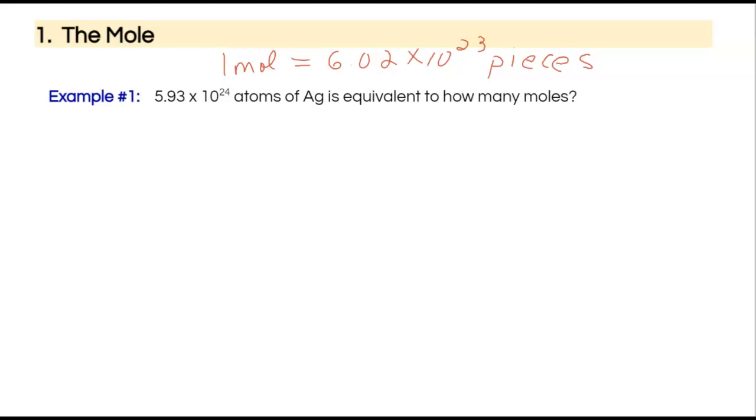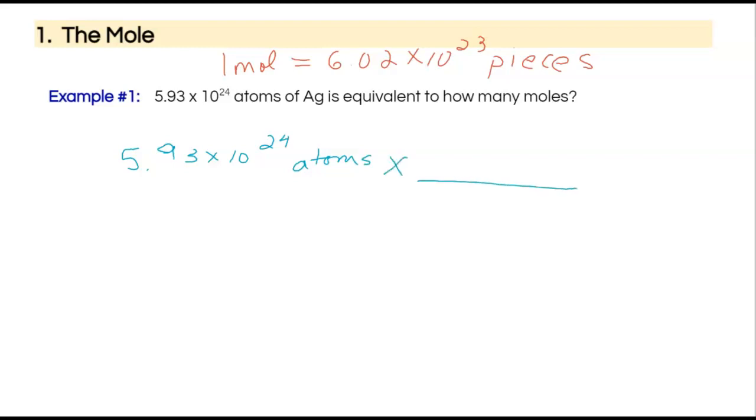Okay, and so I'm going to start, first of all, it says I have 5.93 times 10 to the 24 atoms of silver, which is equivalent to how many moles? Okay, so we're going to start out with the simplest case here. I'm going to say, well, if I have 5.93 times 10 to the power of 24 atoms of silver,